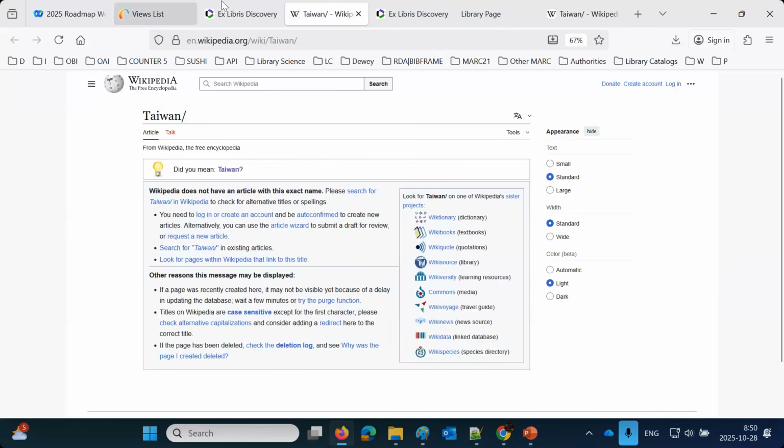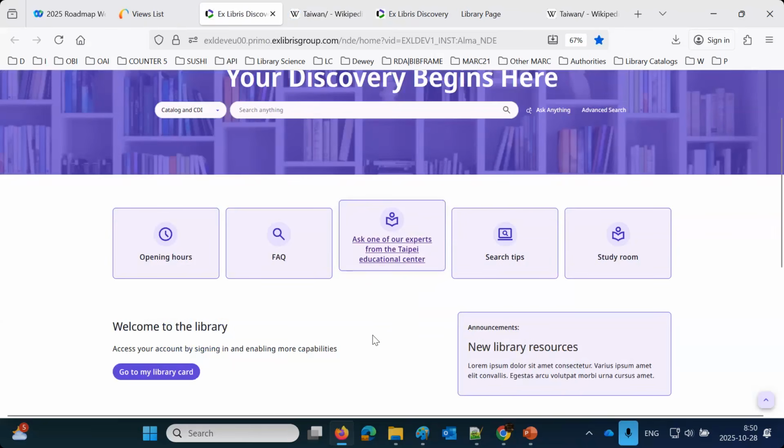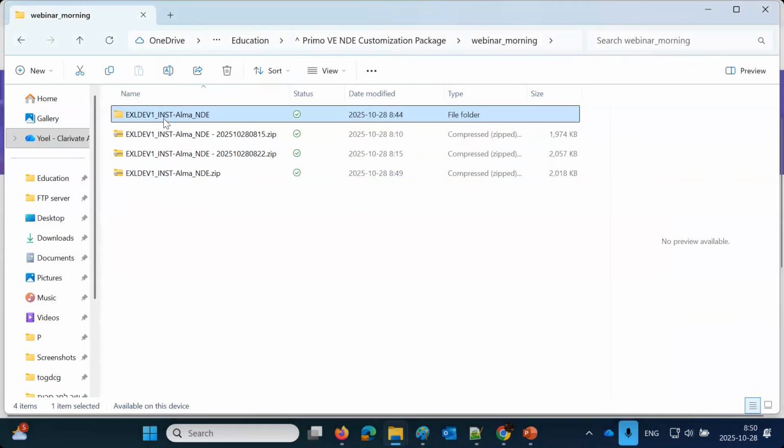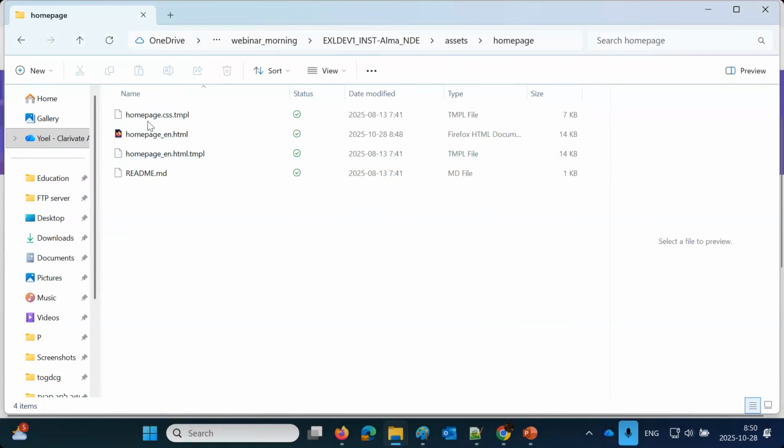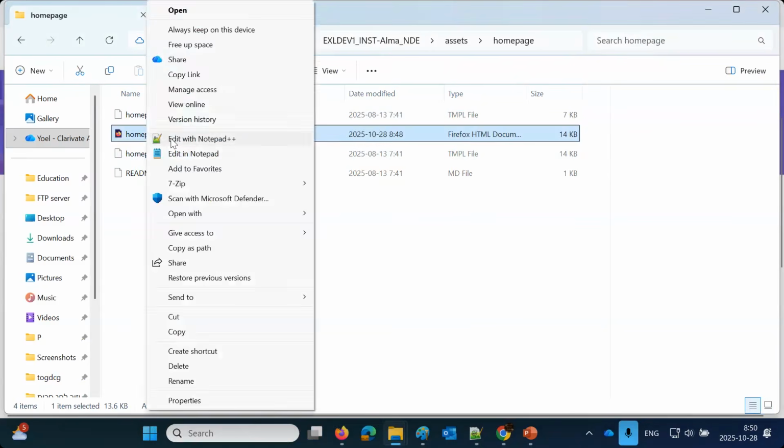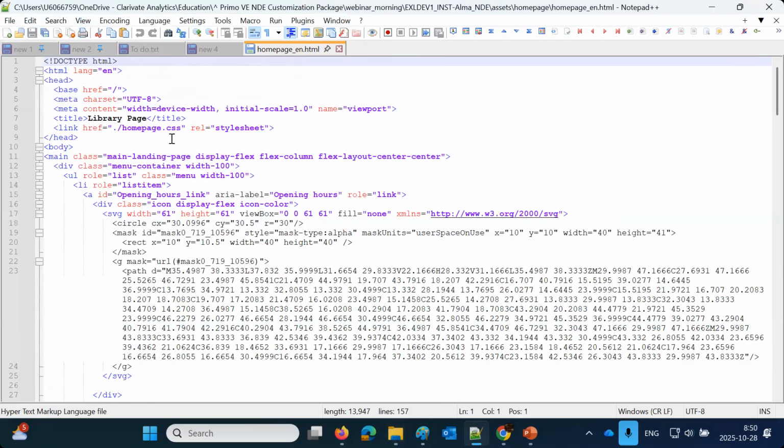I click that. Beautiful. Okay, so we changed the homepage, a minor change, but the main point here is we're showing we're using the customization package to make the change. We downloaded, made a change, and uploaded. Let's just put that one back, and we also see we can use the tabs there. I'm just going to make that just for cleanliness purposes. Let's go back to the homepage. Take this HTML, edit with Notepad++, and